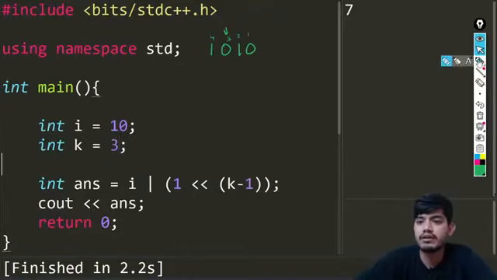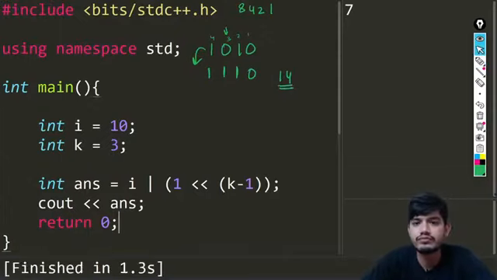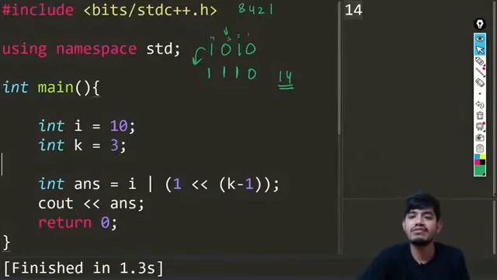Now let us see. Before doing that, let us try to find the answer. Here we have 1 1 1 0. If we set the third bit, what is this value? With the place values 8, 4, 2, 1, this value is nothing but 14. Let us run the code and see whether the output is 14 or not. You can see the value is 14, as it is coming on the screen. So no issues, our program is running absolutely fine.